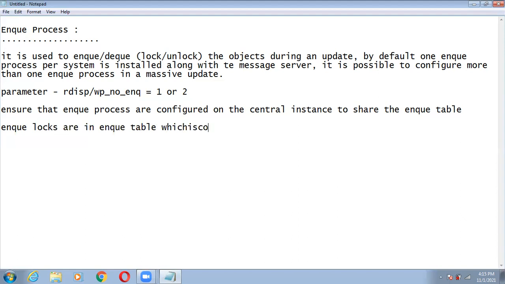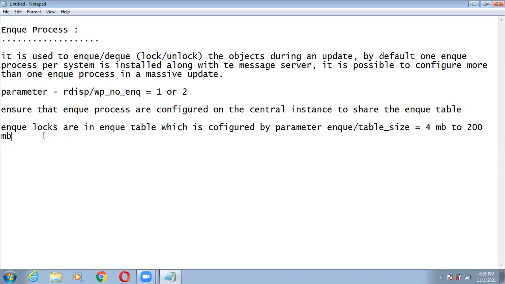Which is configured by the parameter. Okay, so I will note down there the parameter enq/table_size is equal to 4 MB to 200 MB.